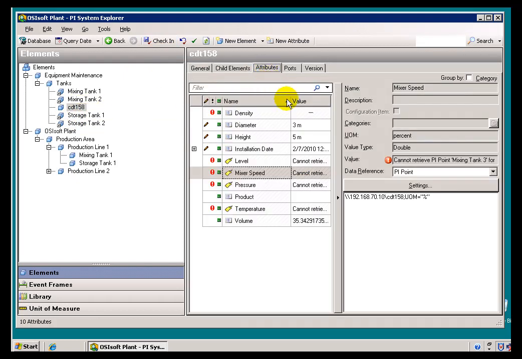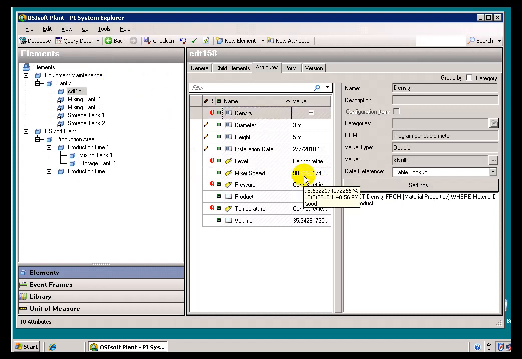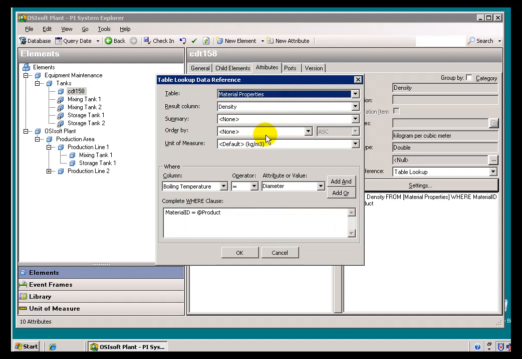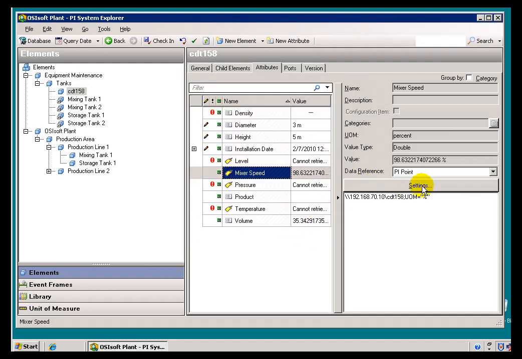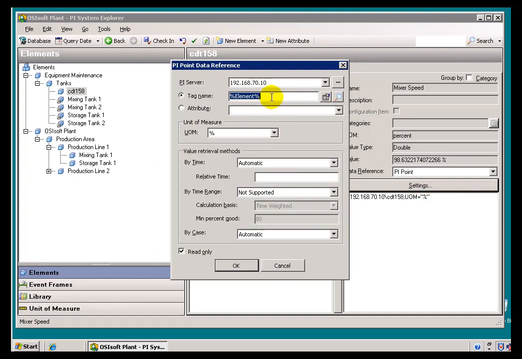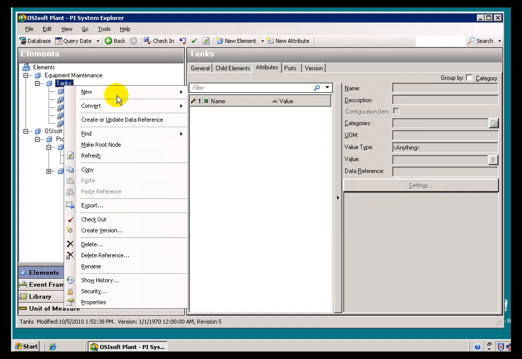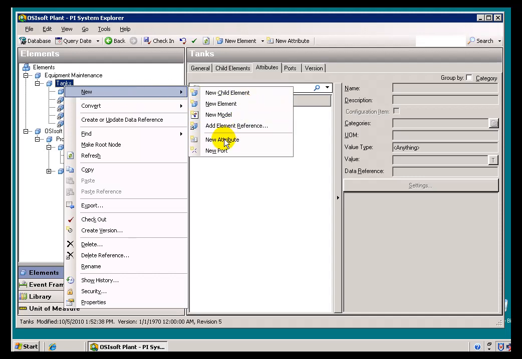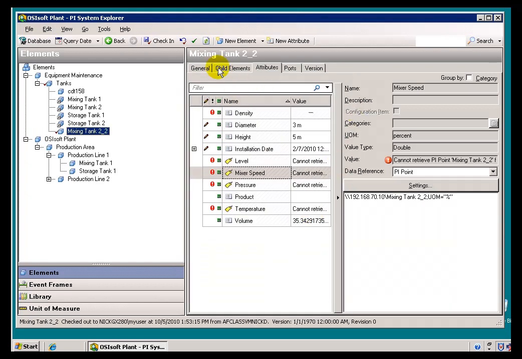We take a look at our attributes now. See, now it's actually looking for a tag called CDT158. And when I refresh my screen, because in fact there does exist a tag called CDT158, this substitution has its desired effect. It's substituting the name of the element. The name of the element happens to be the name of a tag. So I can create as many of these as I want, and as long as I give them names that are the same as PI tag names and base them off of this template here,